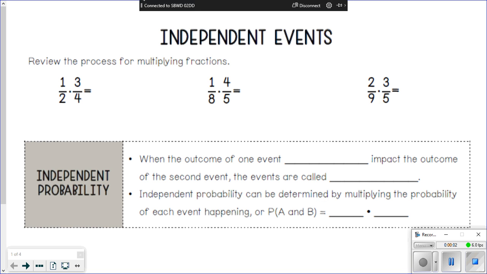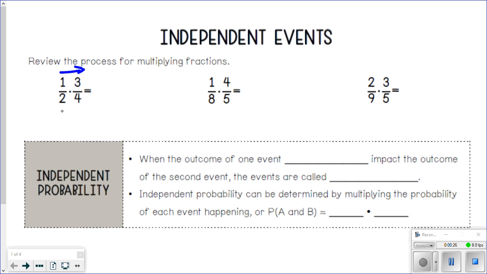Right, so this lesson is on how to calculate the probability of independent events. Before we get into that, let's do a quick review of multiplying fractions, because this lesson is going to involve multiplying fractions. So if you have 1/2 times 3/4, the way you multiply fractions is you just multiply straight